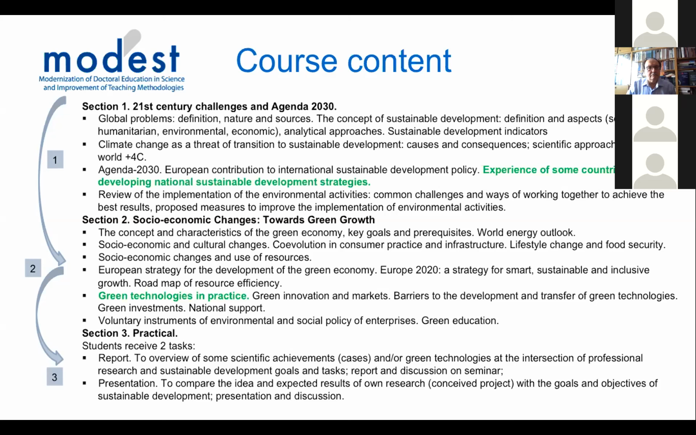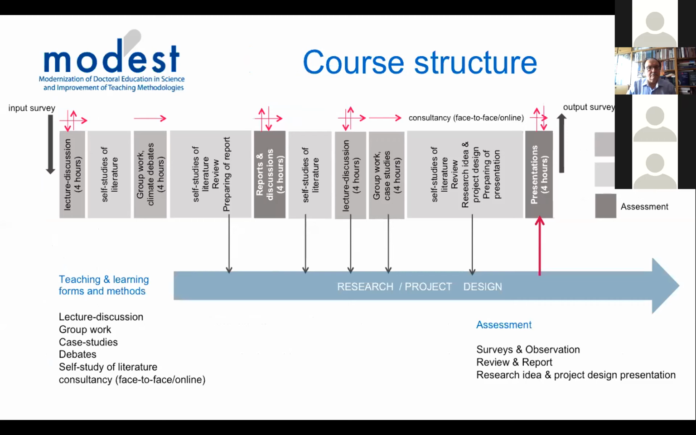So we go step by step from one principle to the third principle. This is the course structure. You can see the alternation of face-to-face and self work of students in different forms. Face-to-face forms are lecture discussions or seminar discussions, it depends. Group work, case studies, debates, self-study of literature,